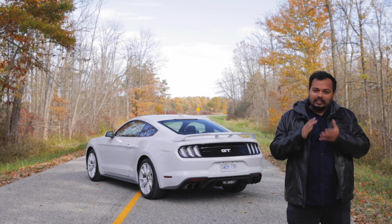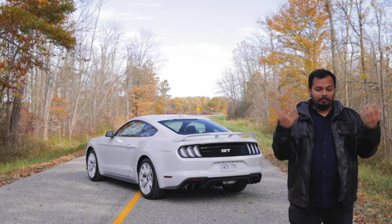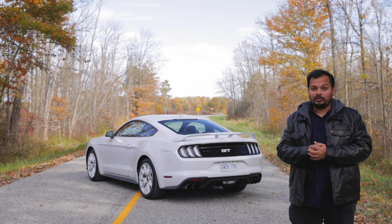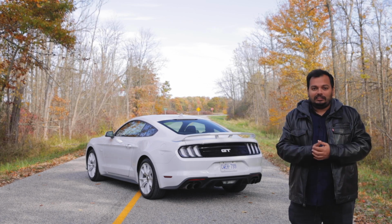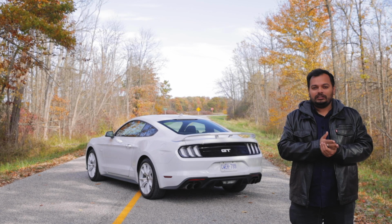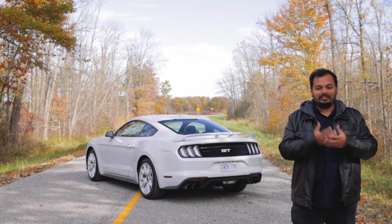The handling, it's a little bit all over the place, but with a skilled driver, I think you can do really well and be competitive with other sports cars. Yeah, that speaks volumes as well. Everything else is just old school, but given a modern touch. And that's exactly what is essential for these muscle cars, pony cars, and the cars that have been in existence